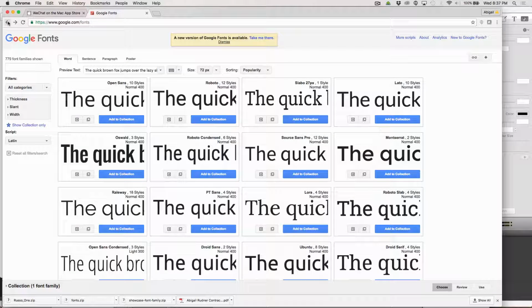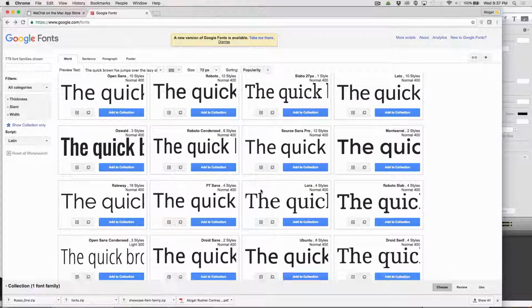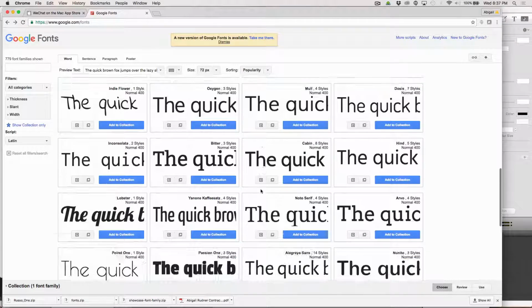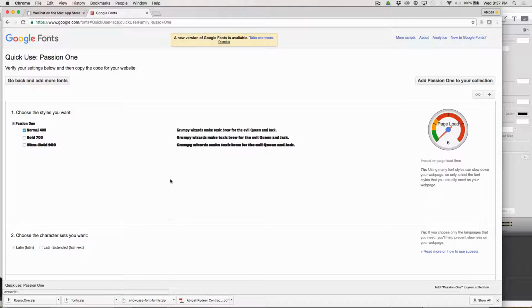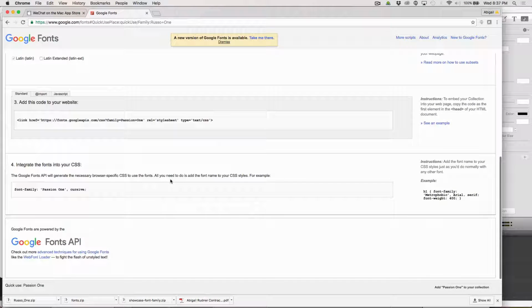Okay, I don't want Railway. I wanted that crazy font there. Passion 1's kind of cool. Let's try that. Okay, so again, I'm going to go here to Passion 1, and this is the font family, Passion 1 Cursive. So, first things first, I need this